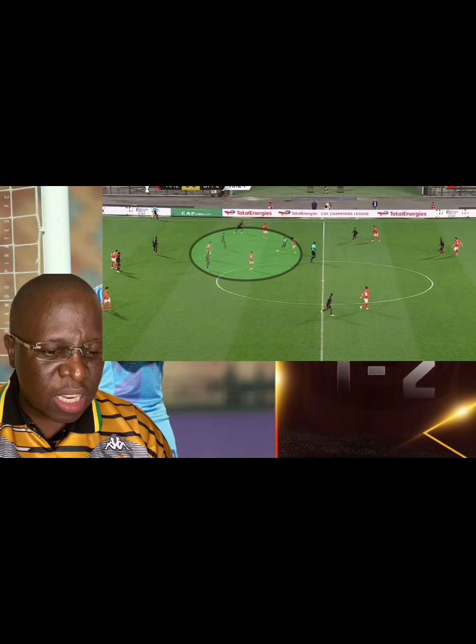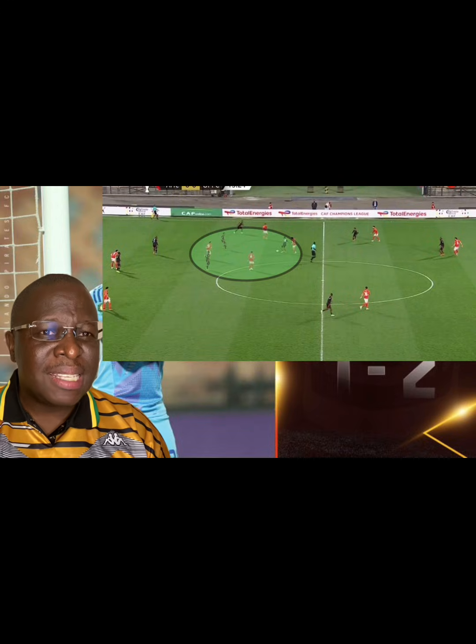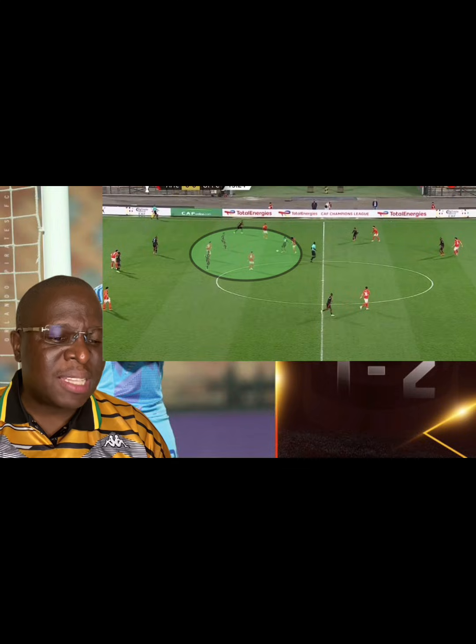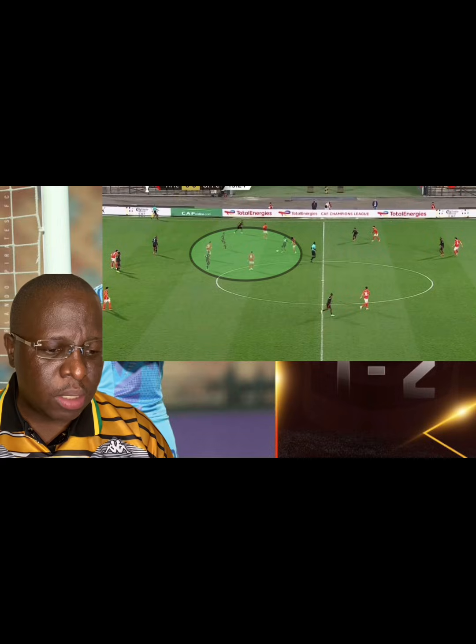Instead, he sits in front of him. And for me, that is very, very critical for Orlando Pirates. And since he has done that, I think our midfield has become a little bit tighter, because him staying there in front of the tip of the triangle, he provides a defensive solidity. He also ensures that when we win a ball, we also have attacking fluidity. So for me, it's defensive solidity as well as attacking fluidity, right?